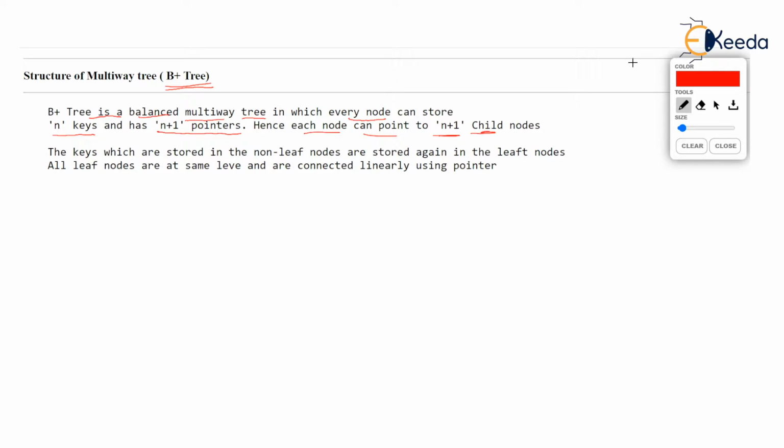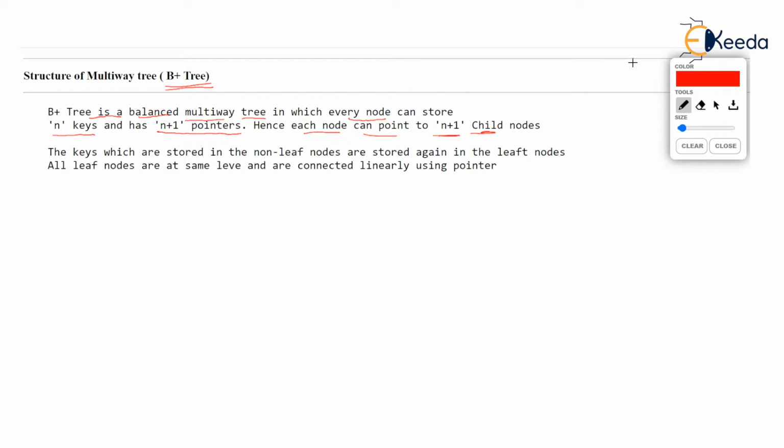Additionally, we know in a B tree, a node must be at least half filled. So, in case a node has capacity to store 4 keys, then you should fill at least 2 keys. If you fill all 3 keys or 4 keys, it is best. But minimum, you should fill 2 keys. The node should be half filled. By the way, this rule, which I am telling that the node should be at least half filled, is not applicable to the root node. All these rules are applicable to B plus tree also.